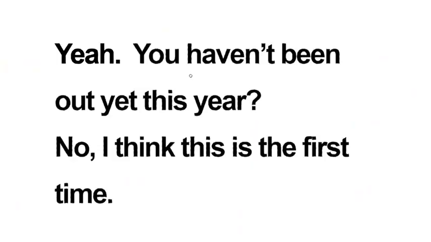So. You haven't been out yet this year? It's a little hard to tell, but I'm pretty sure I dropped the H in haven't. We drop the H at the beginning of function words like have, him, her, he, a lot. That helps us make it quicker, it's less important, and we can link it to the word before. You haven't. You haven't been out yet this year? You haven't been